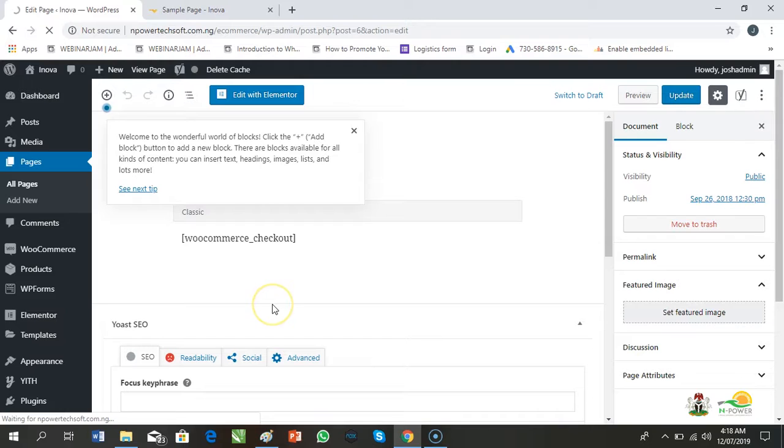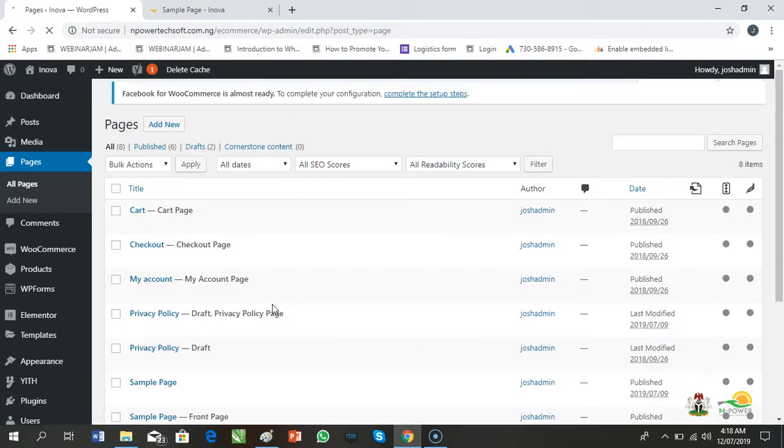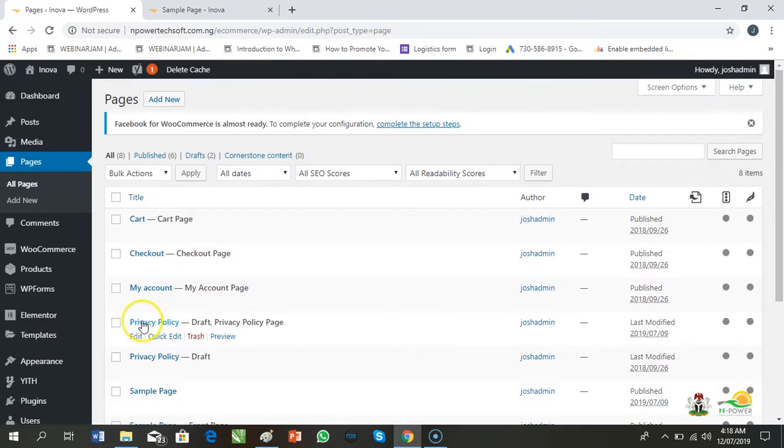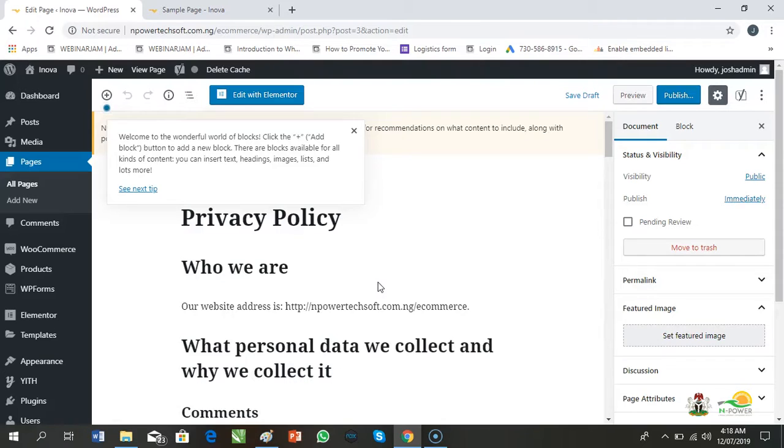So let's go and see another page, such as privacy policy. Pages are usually the same across all aspects of the website, whereas for posts you can see some posts on homepage and not see some posts on some category page, like that.